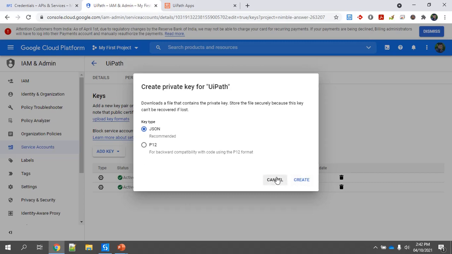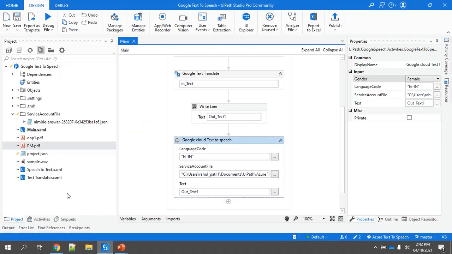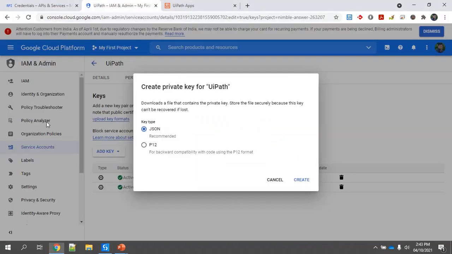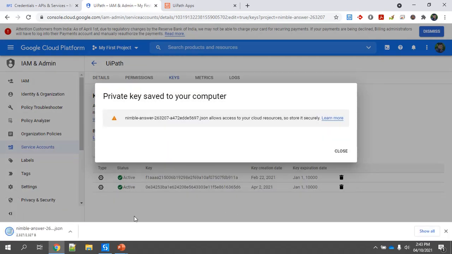Once you click on the Create button, you will receive a service account key file. This is the service account key file that I have generated from the Google Cloud Console. Okay, I will create it for your purpose.